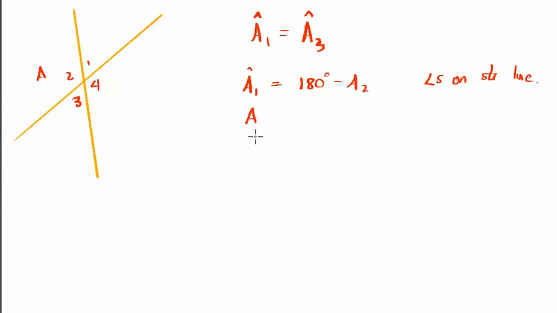A3 plus A4 is equal to 180. Okay, A3 is equal to 180 minus A2 as well. Yeah. So we'll use this fact. These two together gives me 180. These two together gives me 180. And since I'm using the same angle for both to get to 180, and there it goes. That is law of excluding the middle. If this is equal to that, this is equal to the same thing, it means they must be equal to each other. A1 is equal to A3.